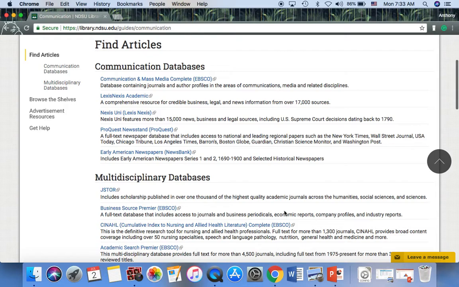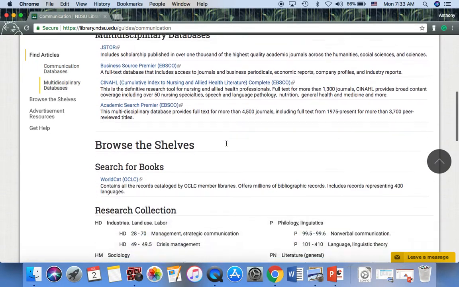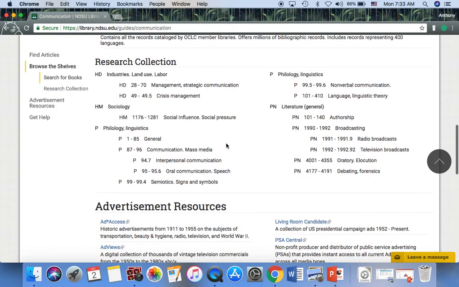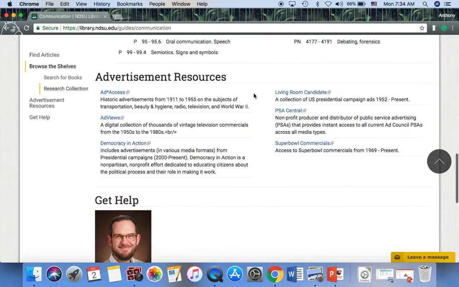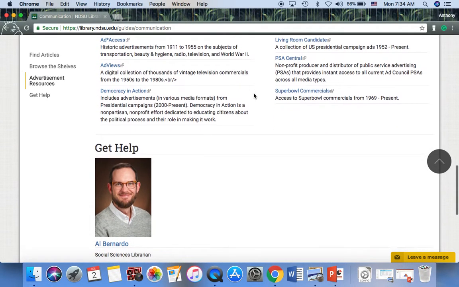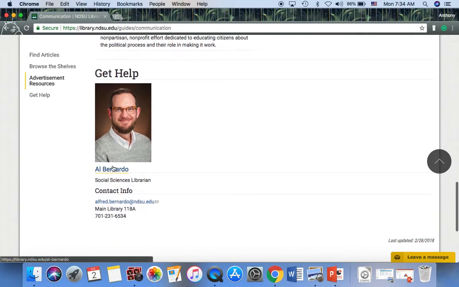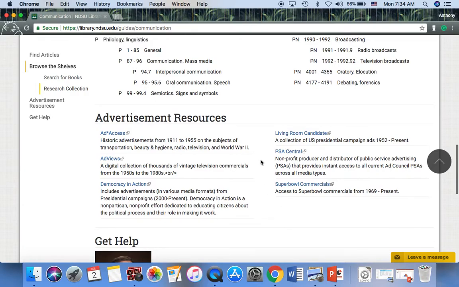You can look at databases that are specific to communication, right? And it's got it all here for you, just in links. It even tells you where in the stacks you can find books on communication, right? And it gives you the name and the email of your social sciences librarian, Al Bernardo, right?